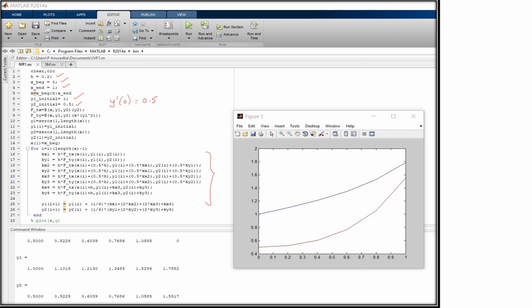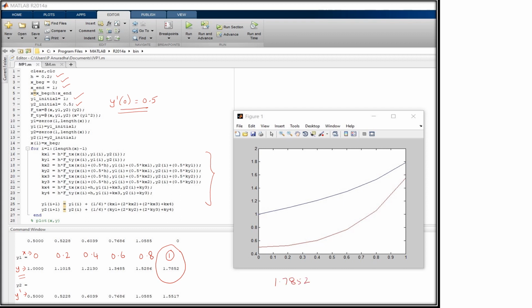These are the values at x equal to 0.2, 0.4, 0.6, 0.8, and 1. These are the x values, these are the y values, and these are the y dash values, which we have called y1 and y2. So we see that by taking y dash of 0 equal to 0.5, what have we arrived at? The y value at 1 is